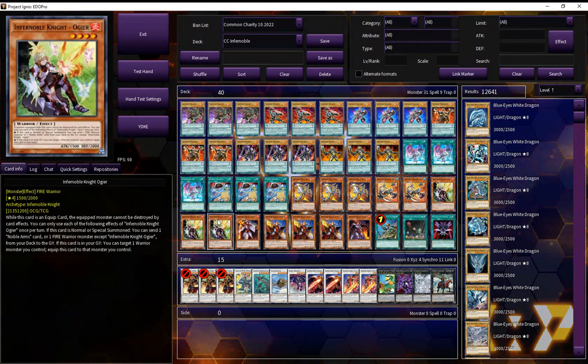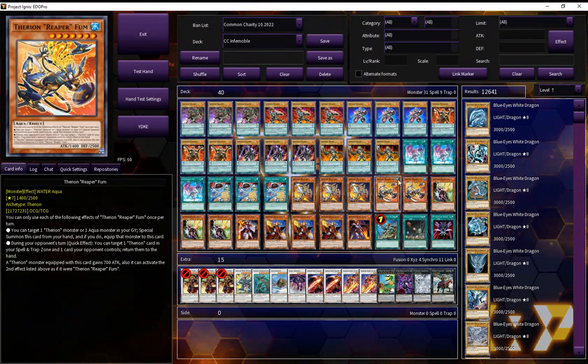3 copies of Auglier. So on summon, either normal or special, this bins a Noble Arms or a Fire Warrior, and then if it's in the grave, you can equip it. And also, when this is equipped to an Infernoble, it is indestructible by card effects. Pretty strong. The thing you're binning off this is usually either a Bull if you have Reaper in hand